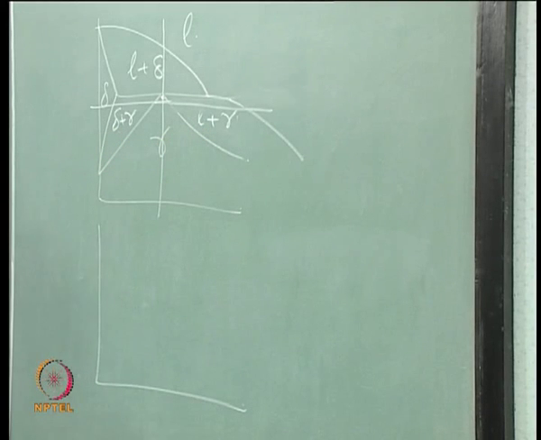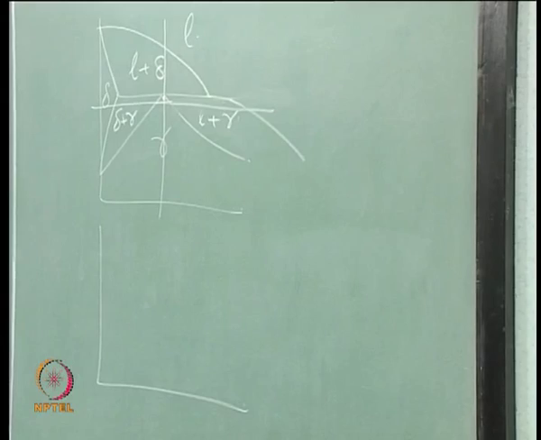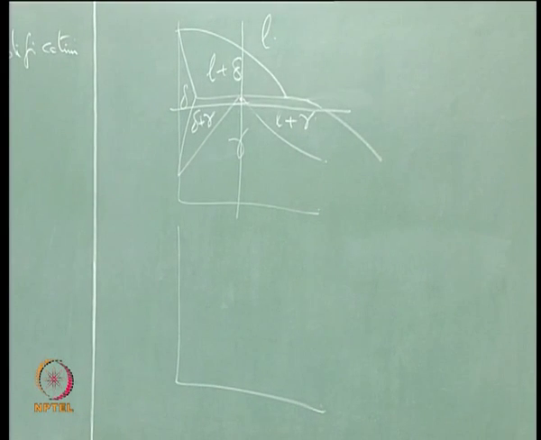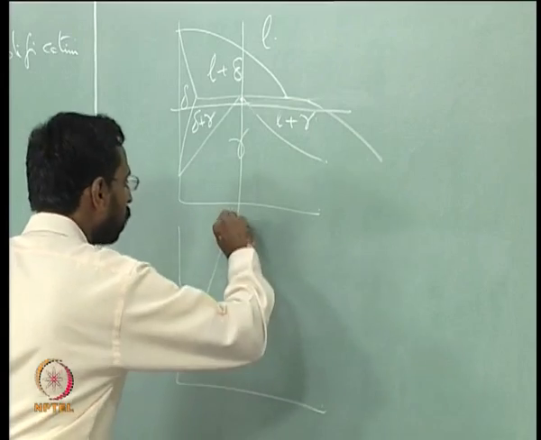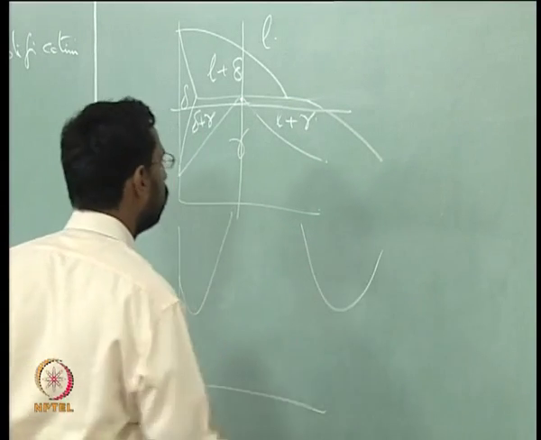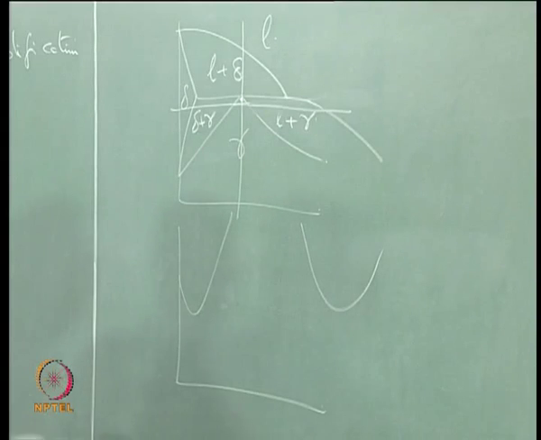How many phases are involved in this? 4 phases. How many phases are there at that temperature? If I want to draw a free energy composition diagram, I need to know how many phases there are. 3 phases. What are the 3 phases? Liquid, delta and gamma. So, let us try to draw. So, there is a delta, there is a liquid, there is a gamma, is it not?